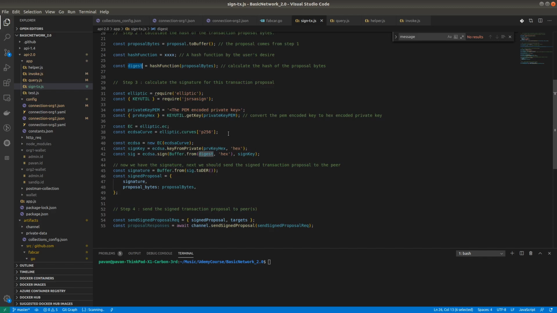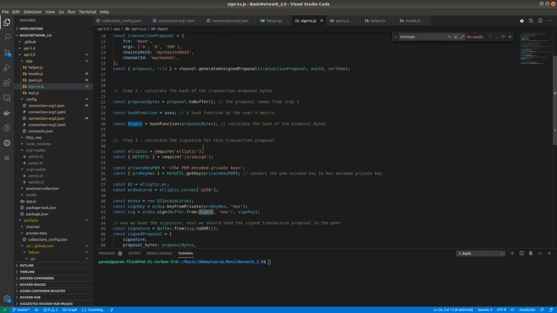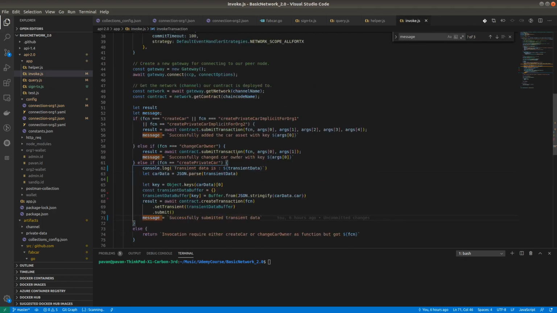And this is the procedure. Actually, this is the procedure for signing the transaction offline, but under the hood the SDK is doing the same things for us. When we send the invoke function, you can see contract.submitTransaction, it does all these things. So under the hood it's doing everything.